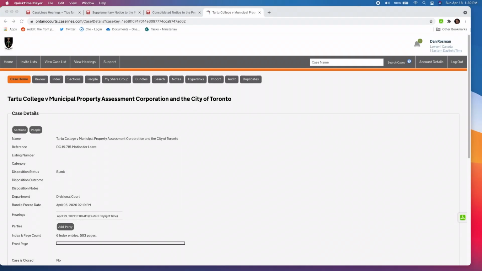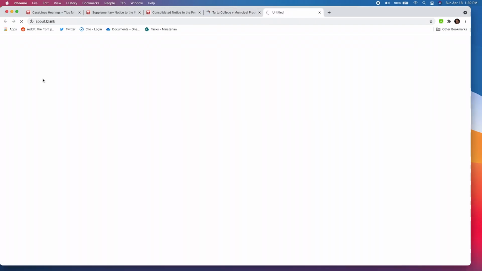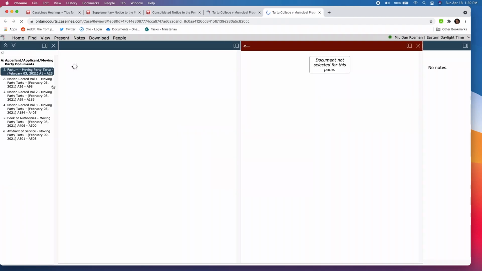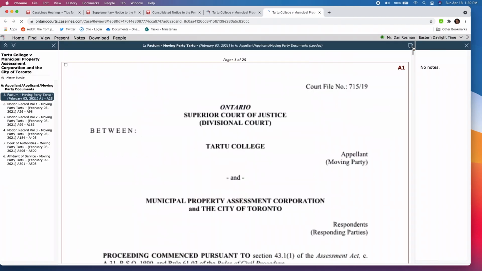So once you've got your documents uploaded, you should take a look at the review area of the software. Now, when you click review, it's going to open up a new tab, and it's going to bring you to the evidence that's filed at your hearing. So this is a place where you should review your documents because it's the documents that are going to be